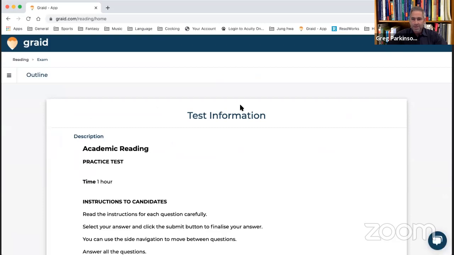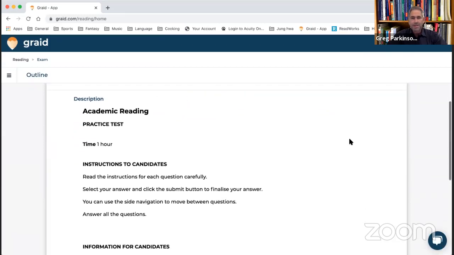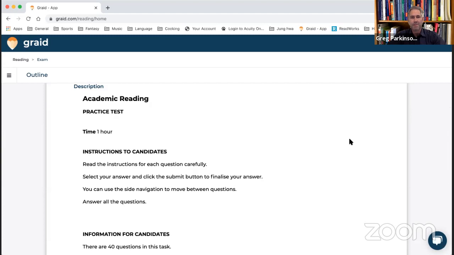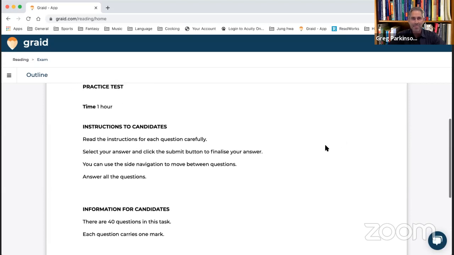So just to recap, with the test itself, obviously this is not an authentic test. This is a mock or practice test to help you prepare. But if you do practice on this site, you can set a time limit. Today, for the purposes of practice, we're not going to have a time limit, but in the actual test, you have 1 hour, right? So the difference is between the reading and the listening test is in the listening test,